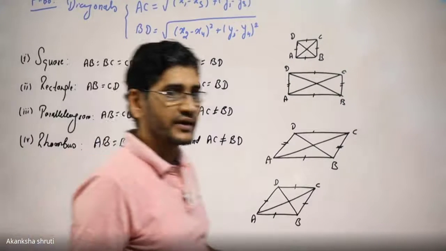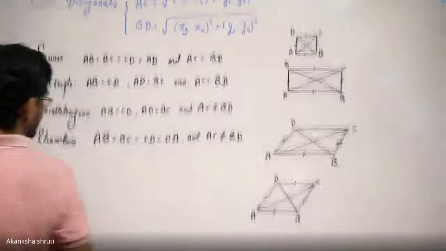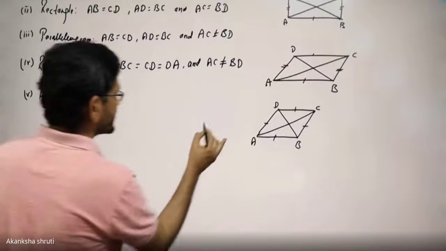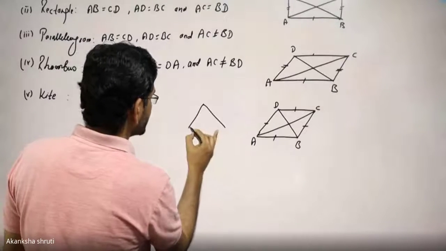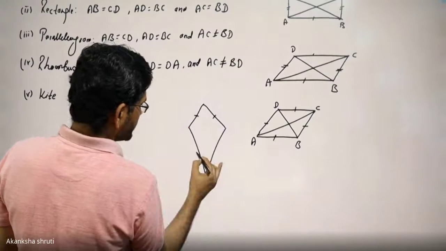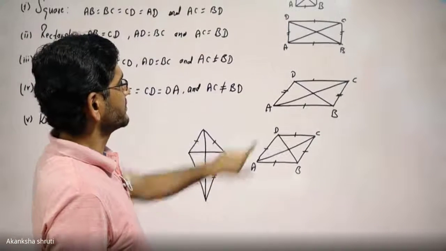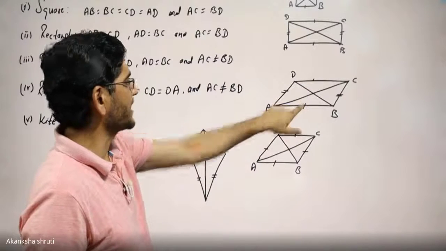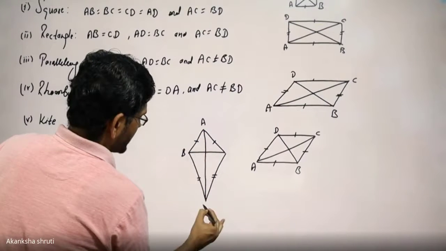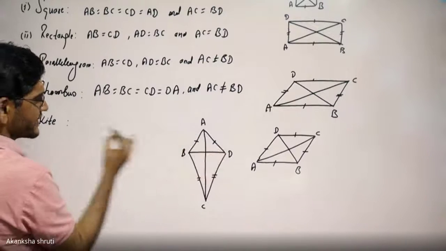Even the other, like kite, can also be proved. Write down the condition for kite. Students, it will represent a kite. We have learned that for the kite, the condition is like this. For kite, the adjacent sides are equal. Their diagonals are not equal. Keep in mind, in parallelogram, the opposite pair of sides are equal. But in kite, their adjacent sides are equal. So for kite, the pair of adjacent sides are equal.